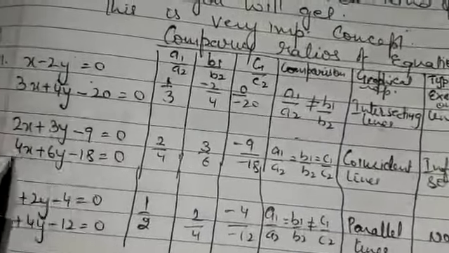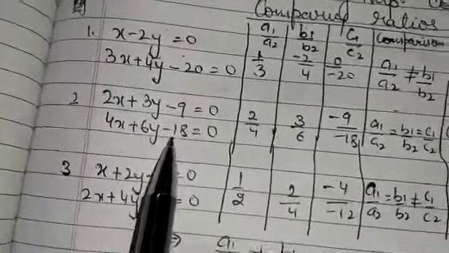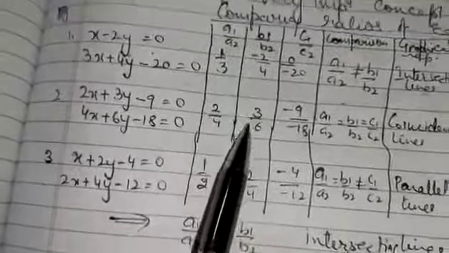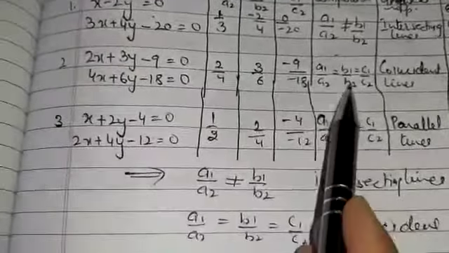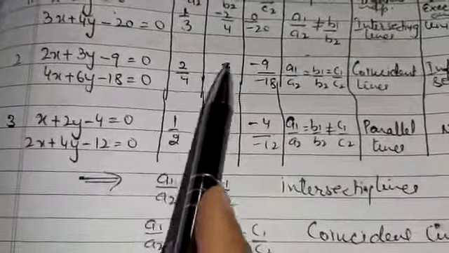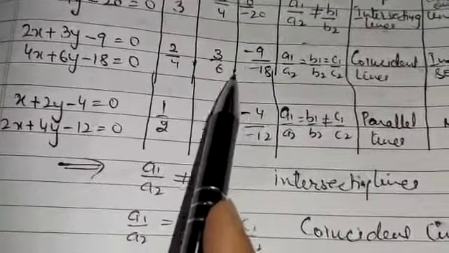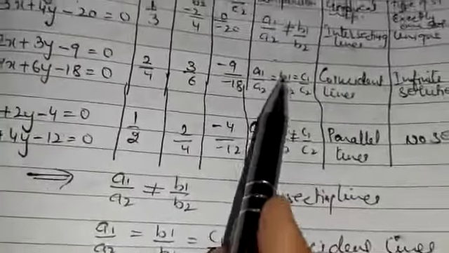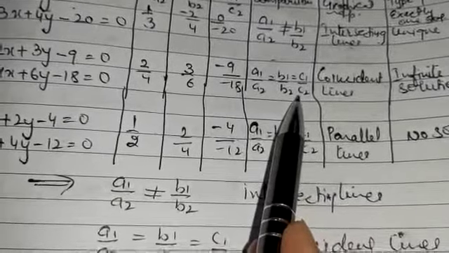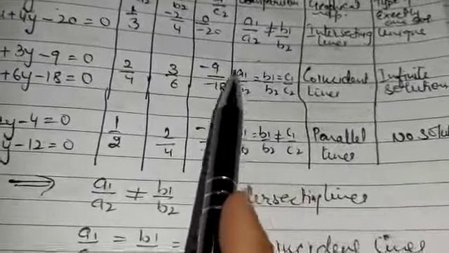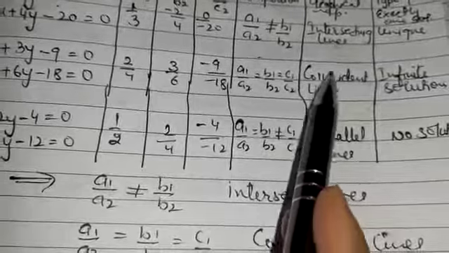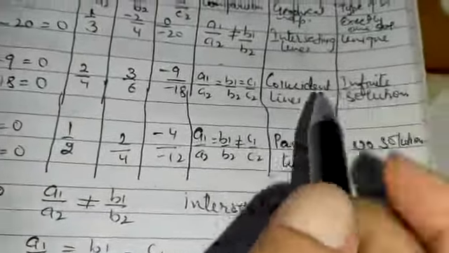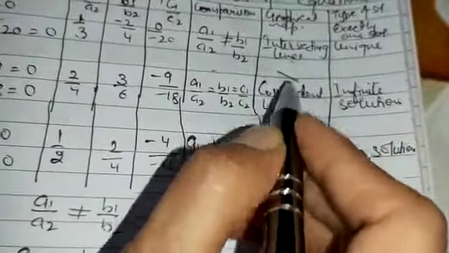Now come to another equation. A pair of equations I have taken. Now comparing a1 by a2, b1 by b2, c1 by c2, can you see the three are equal? This will be 1 by 2 on cancelling. This will be 1 by 2. Minus will be cancelled, again 1 by 2. So all the three will give us a1 by a2 is equal to b1 by b2 is equal to c1 by c2. Whenever you see such equations, the lines must be coincident lines. Like when you draw the graph, one line should be over the other line.